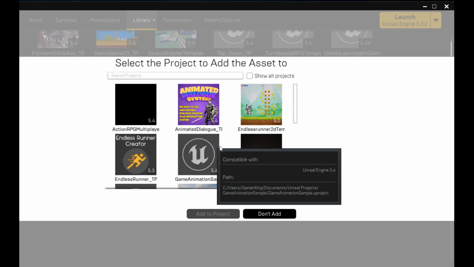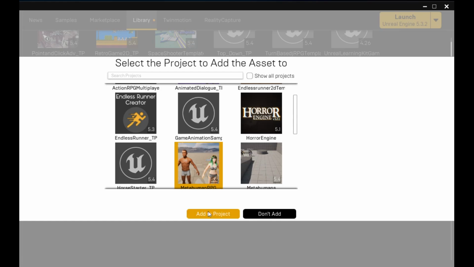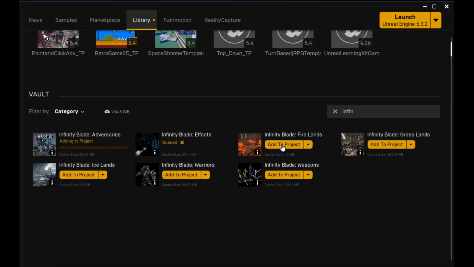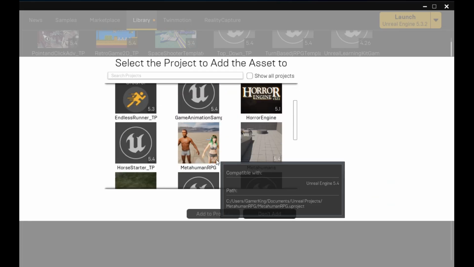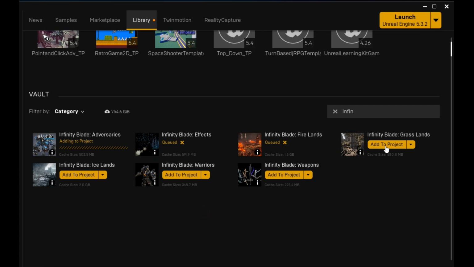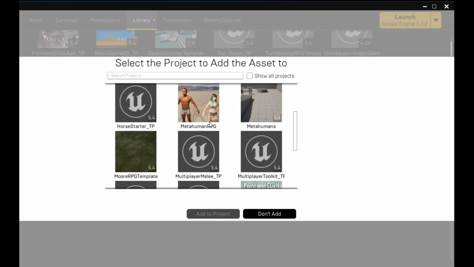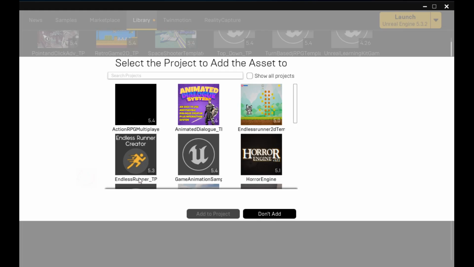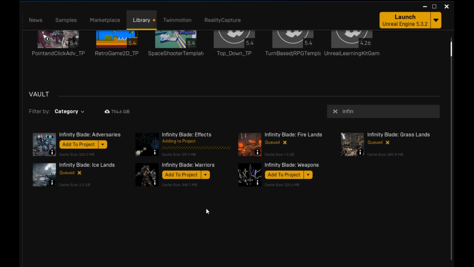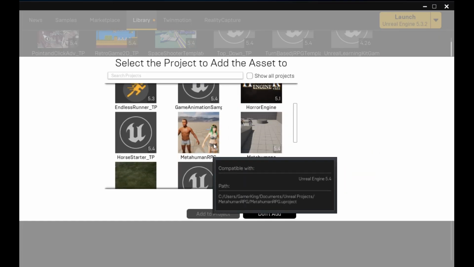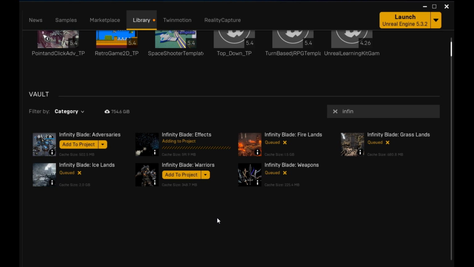And add Infinity Blade Effects, Infinity Blade Firelands, Infinity Blade Grasslands, Icelands, and Infinity Blade Weapons. And you can deselect that